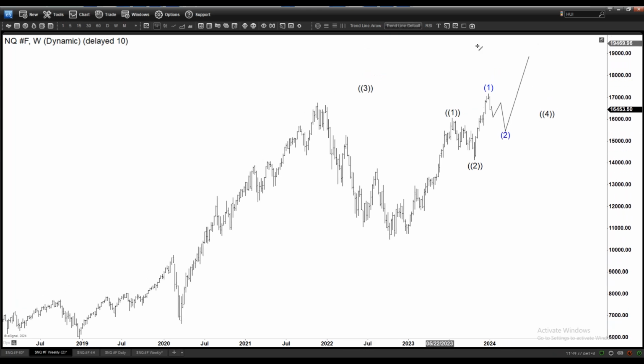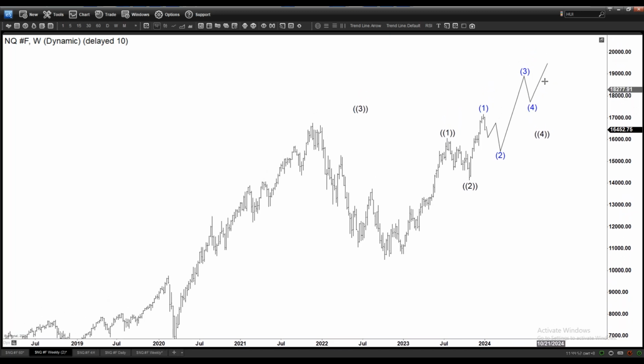So it's going to be a nest like this, 3 of 3, 4 of 3, 5 of 3, before finishing the wave 3, and it will continue to go higher as a result, right? So we can do something like this as an alternate, right? And then finally, the last alternate, which I don't favor, is the same as I explained in the Dow 2